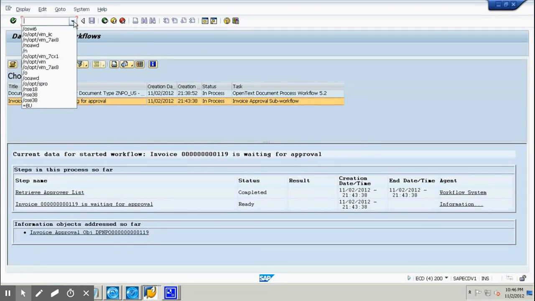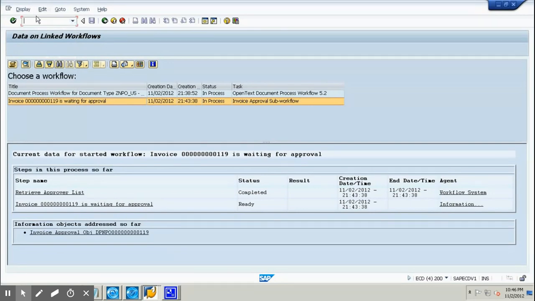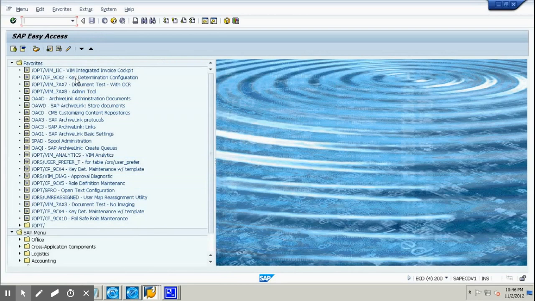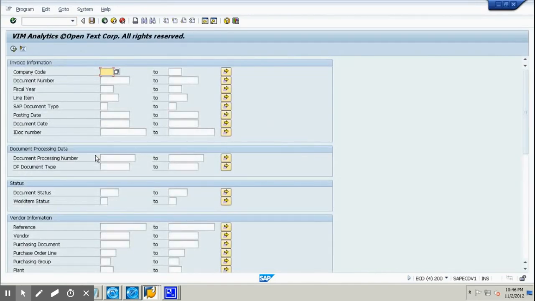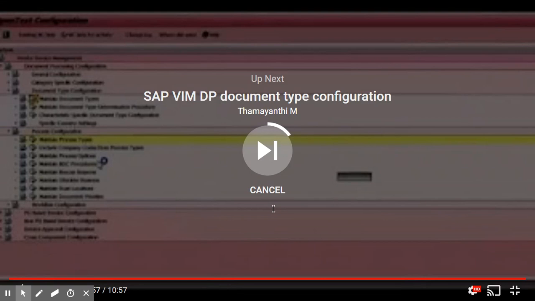Okay, so let's see. Now we are going to check this transaction code. We are going to the VIM analytics, where we can check the status of 119. Now we are going to